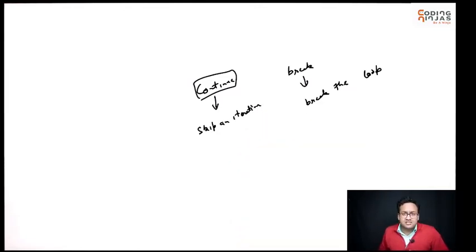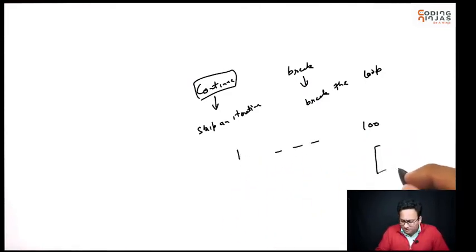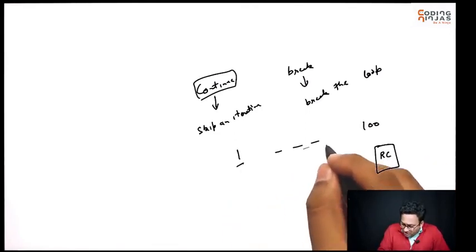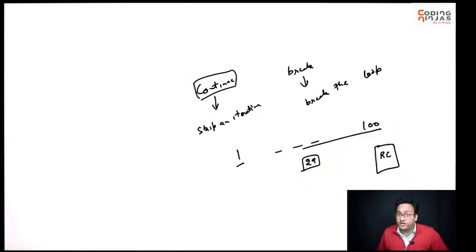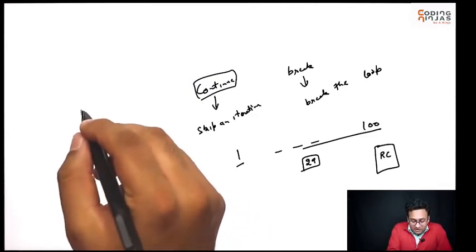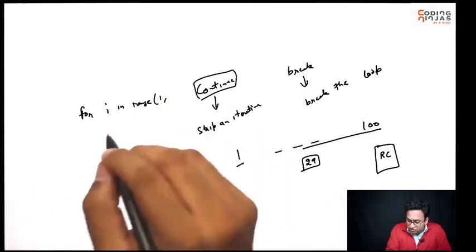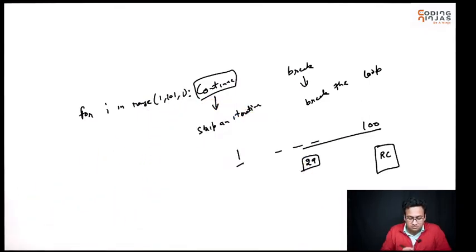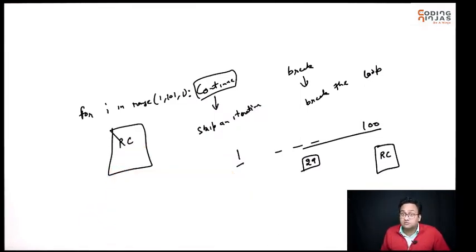So for example, let's say I tell you that I want you to go from 1 to 100 and do some repeated work. Let's say this is our repeated code. You need to do it for all the numbers from 1 to 100 except for 29. I don't like 29, so you should not do this work for 29, but do it for everything else from 1 to 100. So if you write your for loop, you will say for i in range 1 to 101, increment of 1, and you will write your repeated code here. But it will run for 29 as well.